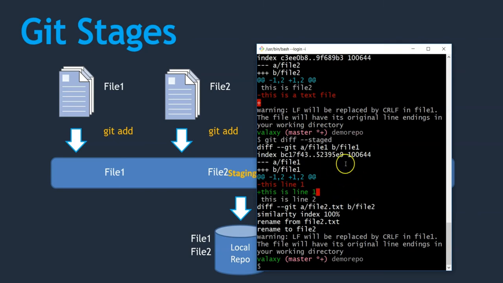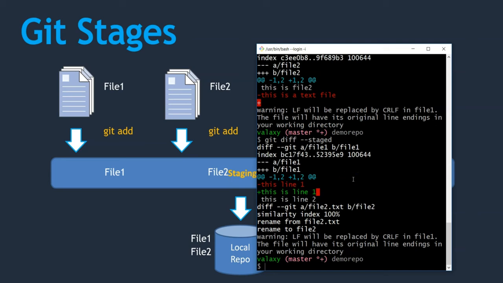Okay, so this is how we can compare working directory area files with staging area and staging area files with local repository. To compare working directory area files with staging area, we can just use git diff. Whereas if we want to compare the staging area files with local repository, git diff --staged. That is the command we need to use.